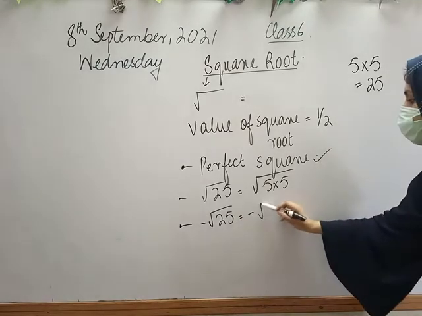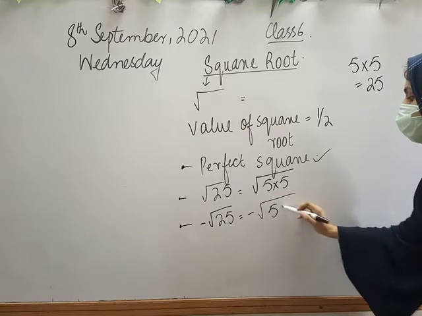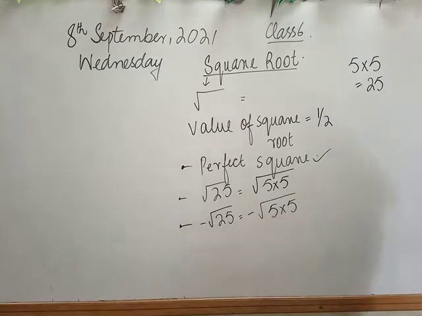Now again we will simply write 25 as 5 into 5 because we want perfect squares for square root. Am I clear, girls? Boys? Fine. Now the square root is used to denote positive square root only. We combine both positive and negative square roots by writing